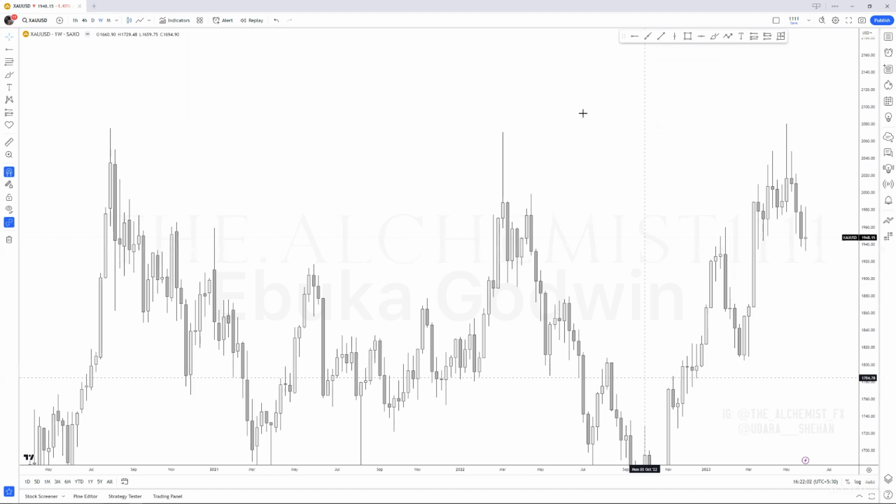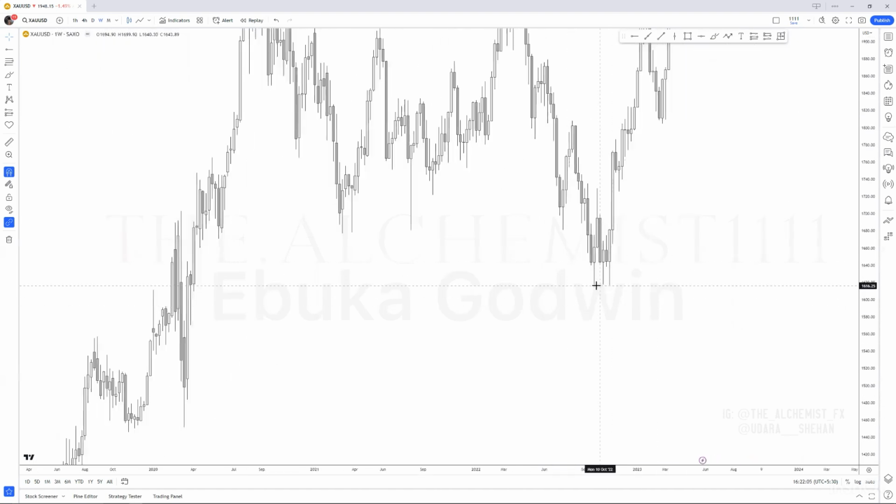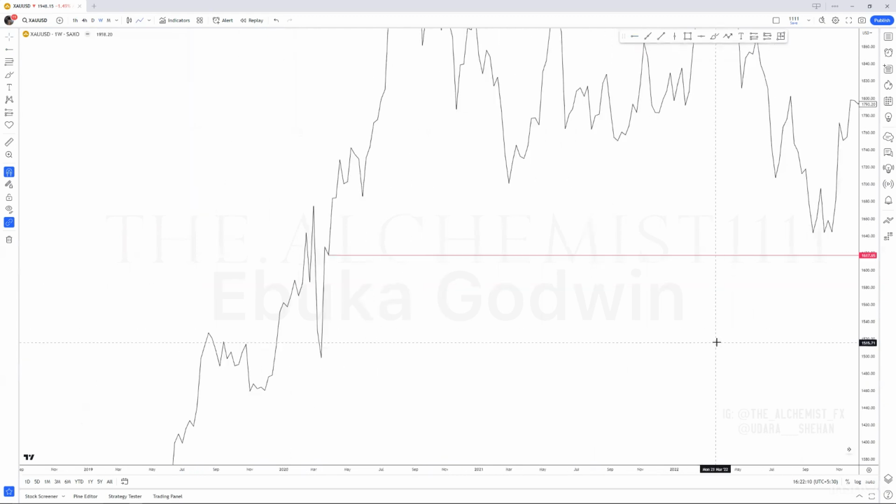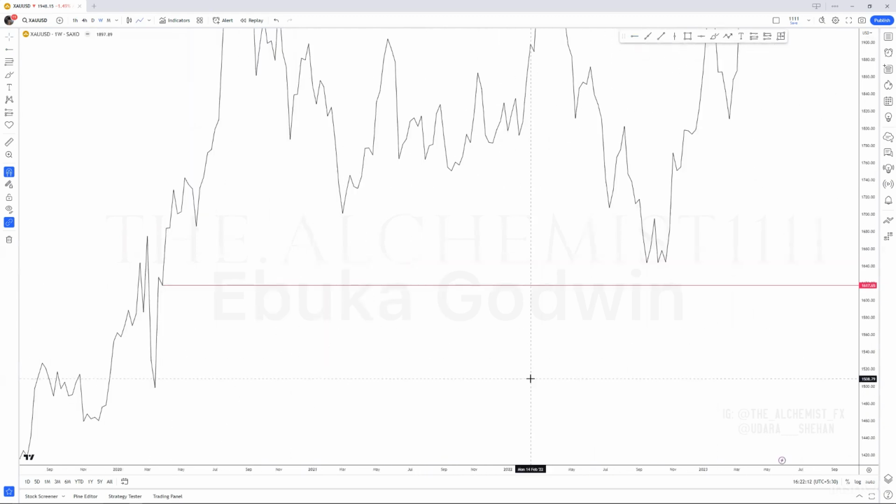And oh, look at this one. Where did this buy come from? A support. Now, trust me, almost 99% of these swing highs and lows are made on these A's and V's. The high of the month, high of the week, high of the day, whatever it is, they are always made on these A's and V's. So remember that very well. Just practice that and see. Don't take my words for granted. Always practice and see.